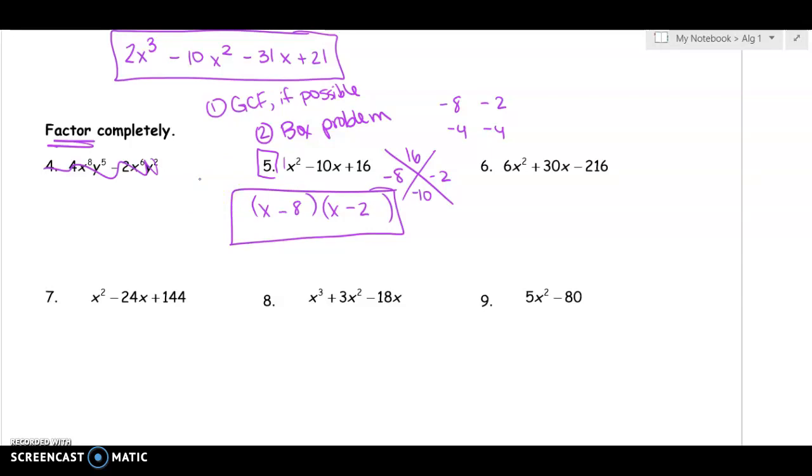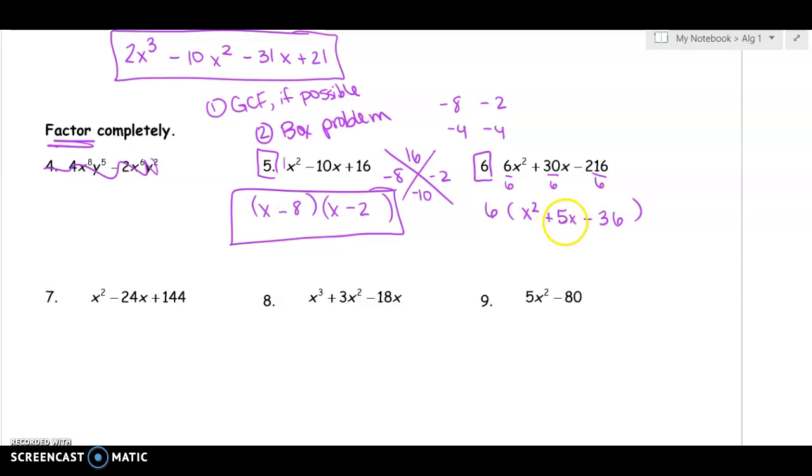Let's see. If you look at number 6, you have 6x squared plus 30x minus 216. These are going to have a GCF. They don't all have an x, but they do have a GCF of 6. They can all be divided by 6. So 6 is our GCF. I'm going to divide each term by 6. So 6x squared divided by 6 is x squared. 30x divided by 6 is 5x. And then 216 divided by 6 is going to be